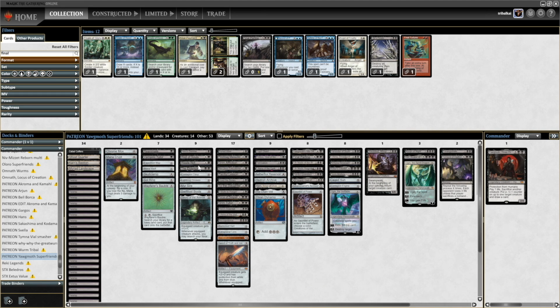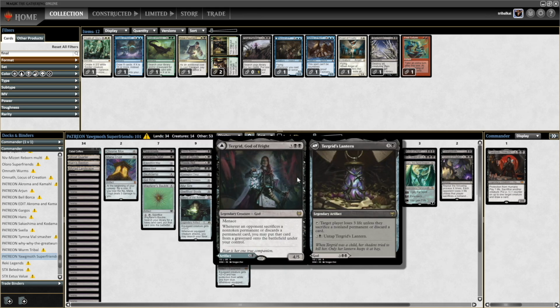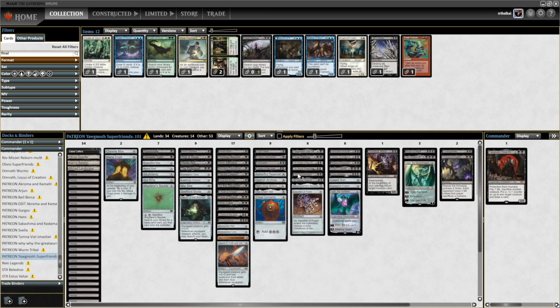There is some discard shenanigans in here, like Waste Not. There's Tergrid as well, Painful Quandary. So it's a little bit of a discard sub-theme Planeswalker deck. And he also told me that there are 2 cuts that need to be made. And upon looking at it, the cuts that I think are best to be made are...